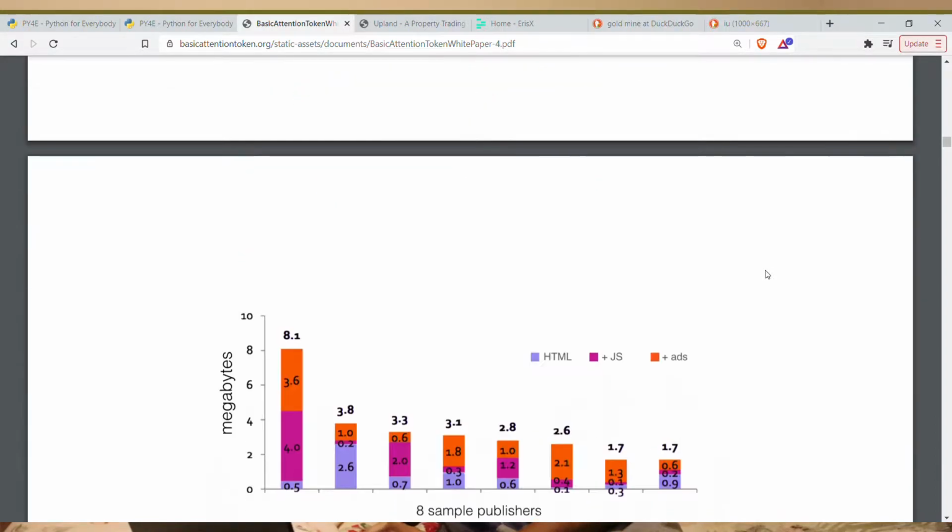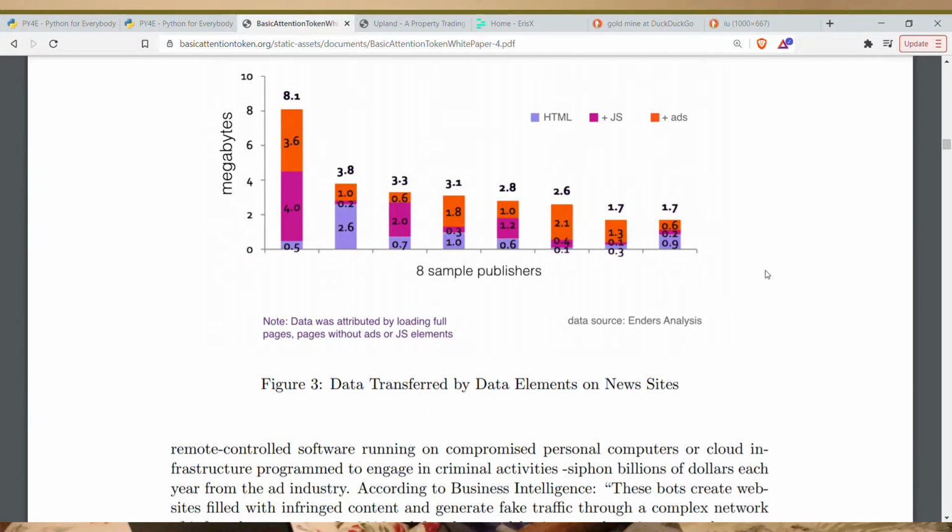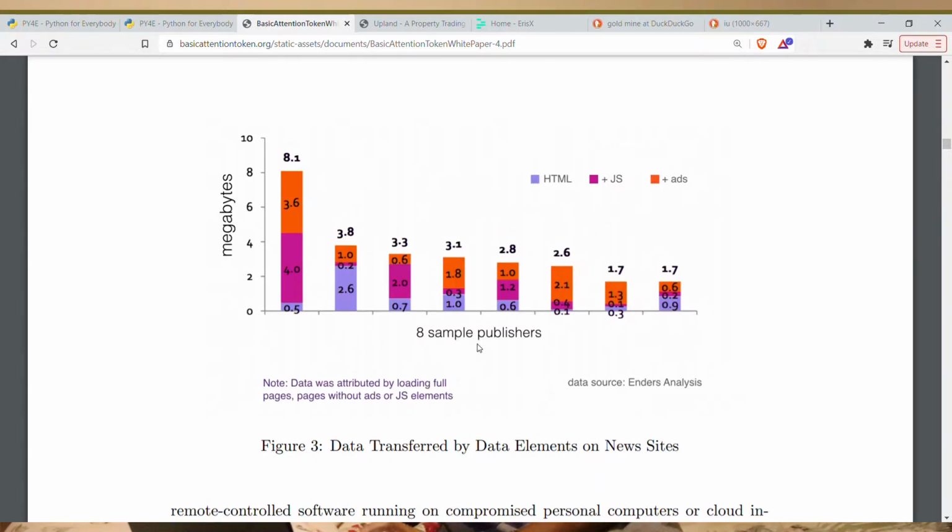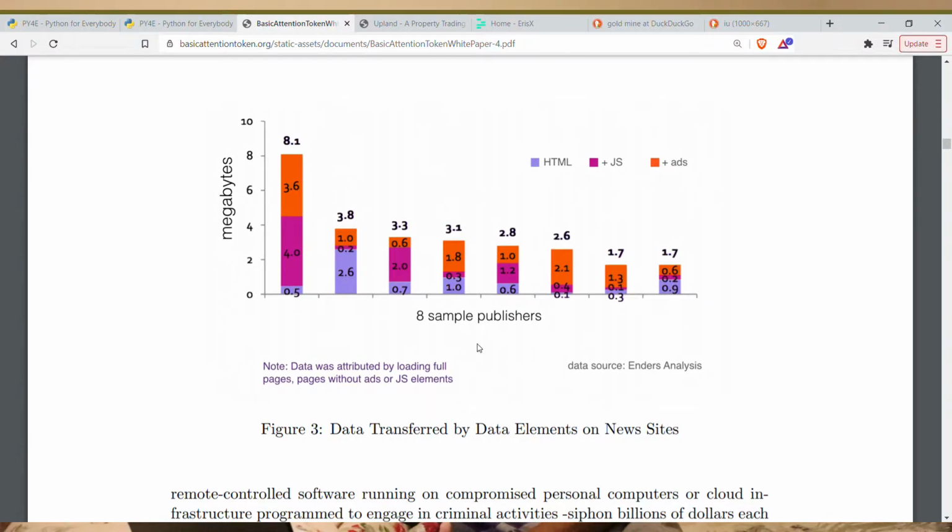For example, a big portion of what they say is that a lot of the data transferred is advertisement, so the actual code, the JavaScript or the HTML, is not that much compared to the advertisements.